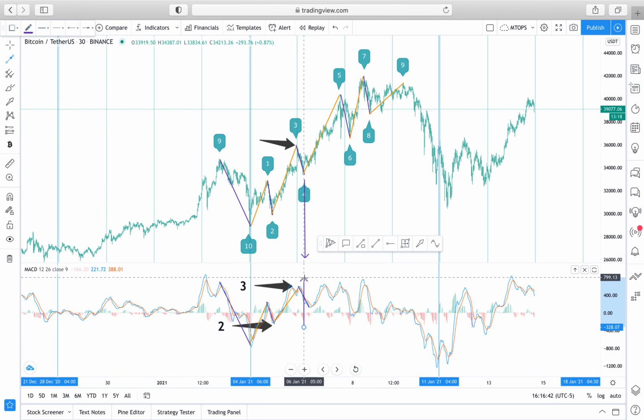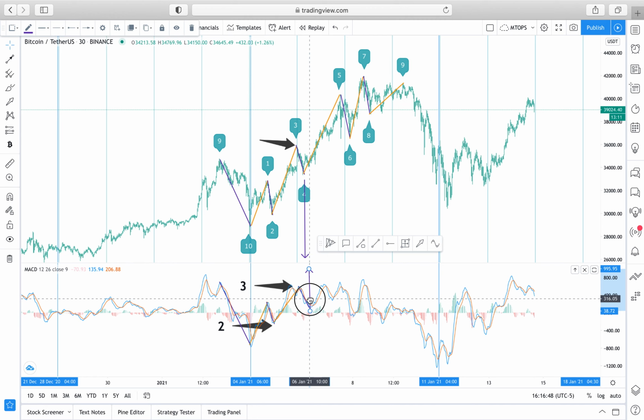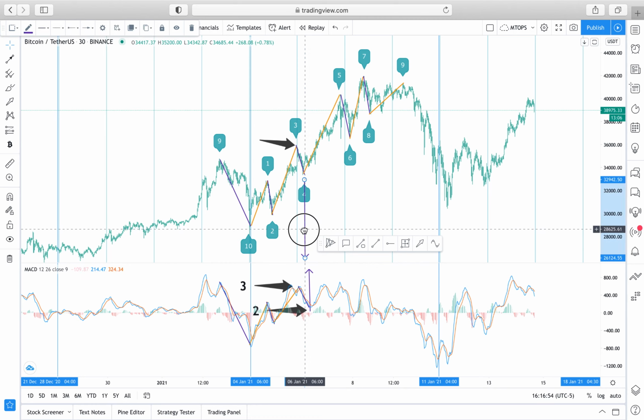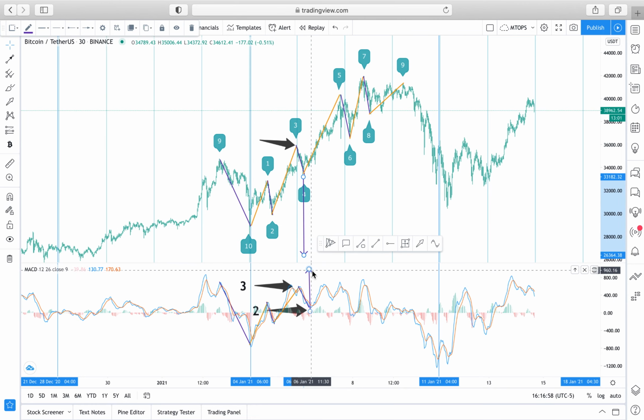In line with the oscillator, right? Because the bottom here on the oscillator is further than where the actual price action was. Okay, so to emphasize this again, guys, and like I said, you're going to be spending a lot of time